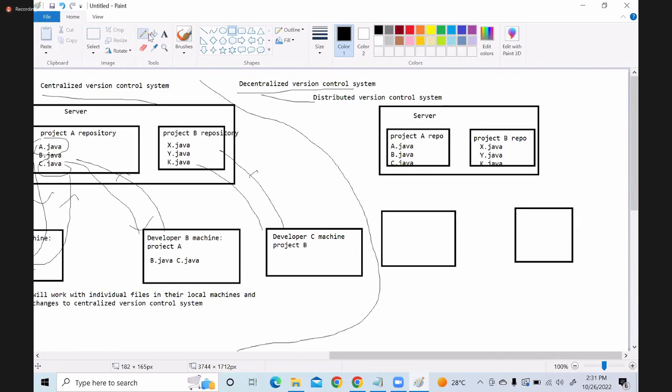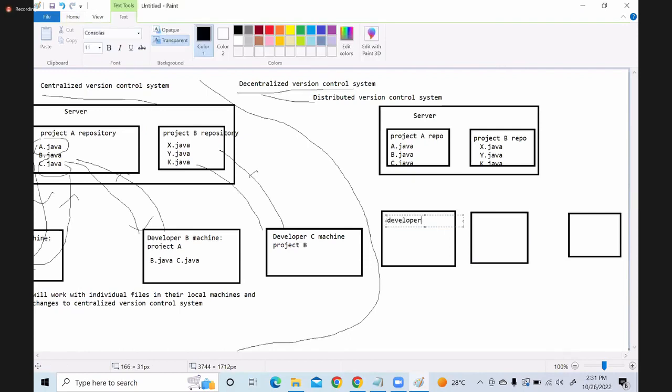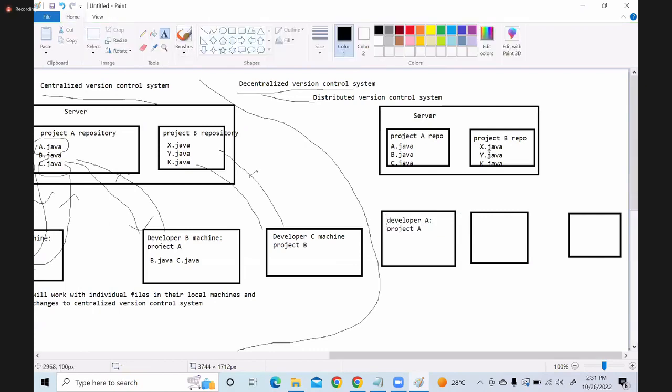Say developer A is working on project A, developer B is also working on project A, and developer C is working on project B. Let us take this: developer A, project A; developer B, project A.